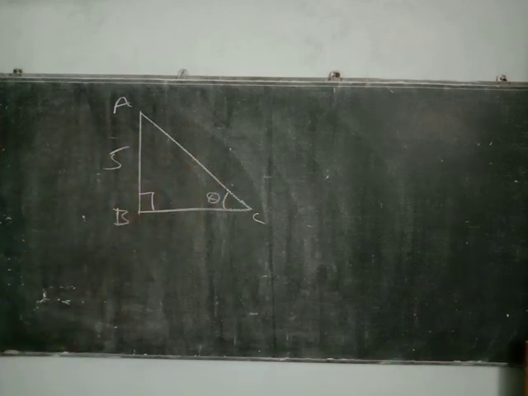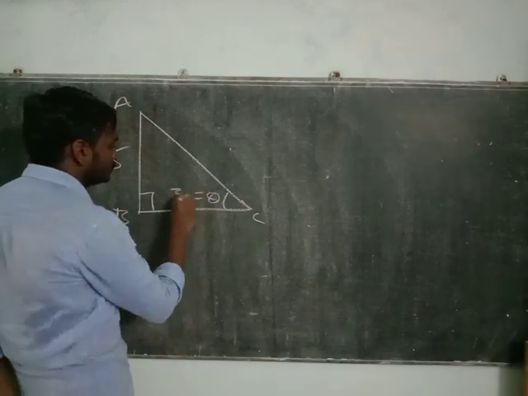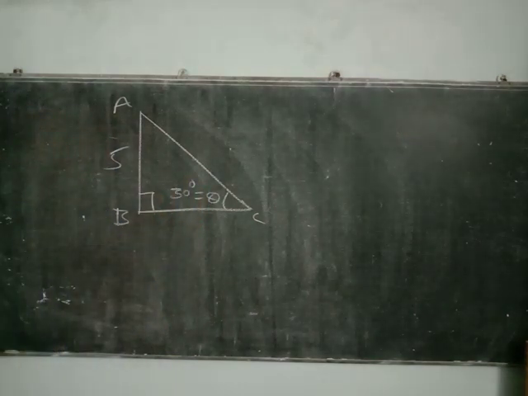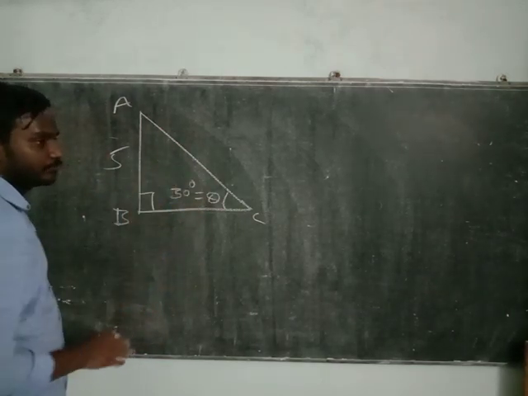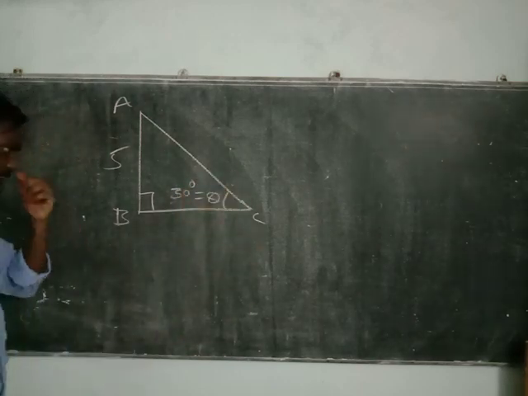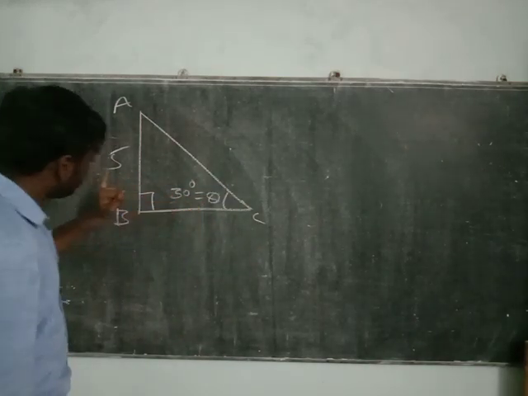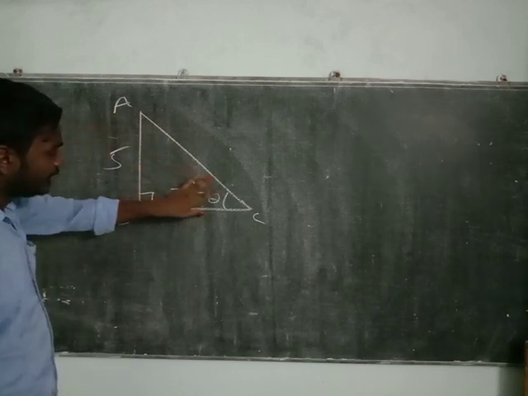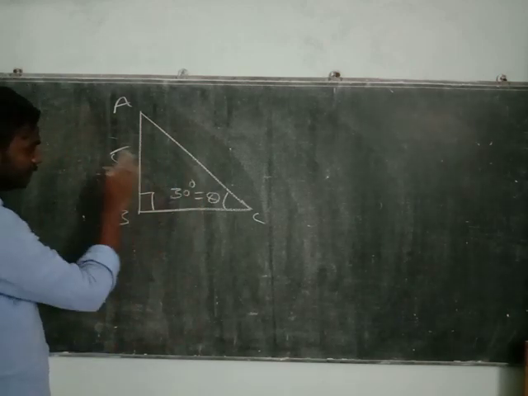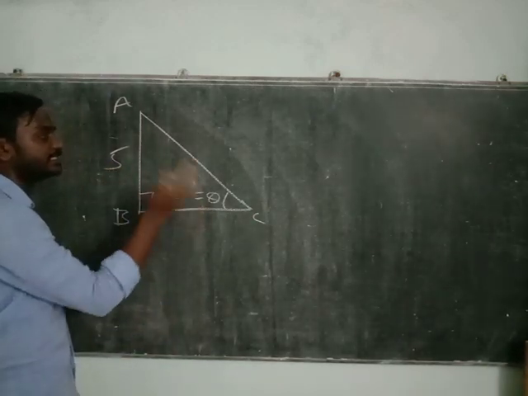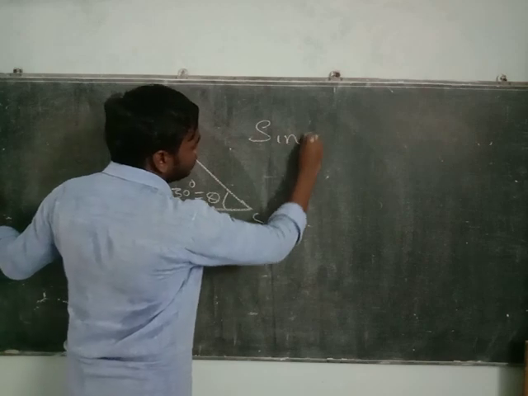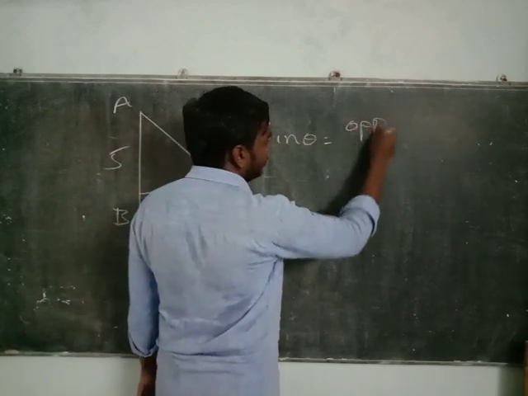Okay. So how am I going to find? Let me go with theta given as 30 degrees. So you just go back to the table. Let me take sine 30 or cos 30, that's up to you. But here I have the AB value and I have the theta value. Having theta value and AB, which is opposite to this, I should take a formula which has opposite and theta value. So I am going with sin theta. Sin theta is nothing but opposite divided by hypotenuse.